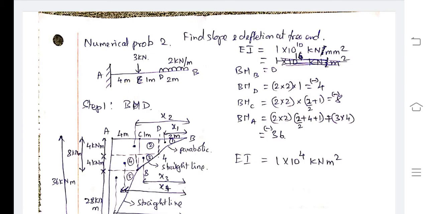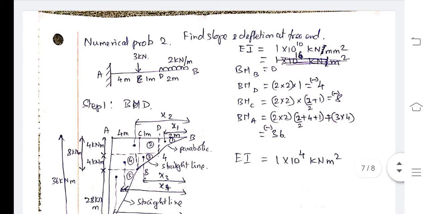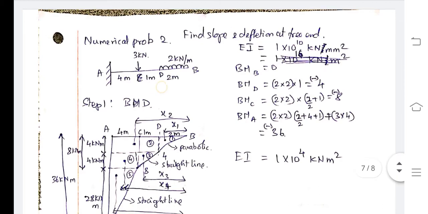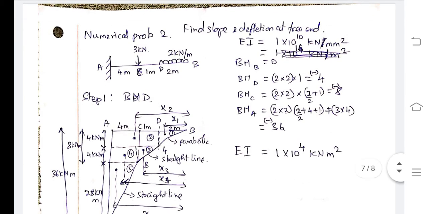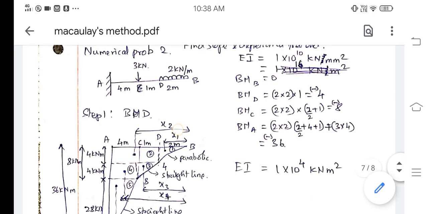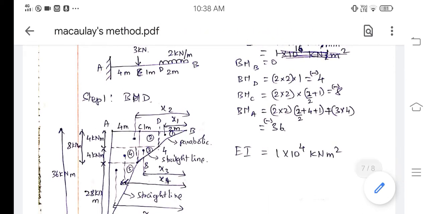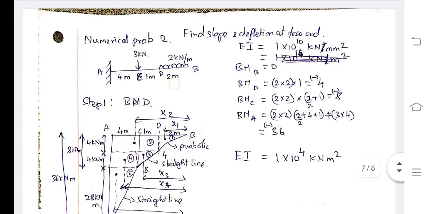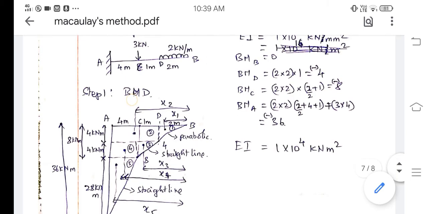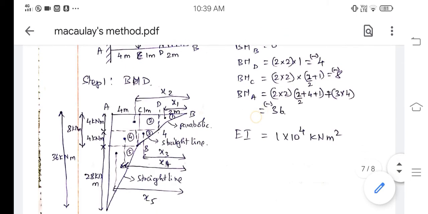So already it is 1 meter, plus here 2 by 2, which will be equal to a total of 3 meters, and 2 meters here. So 2 into 4, which is equal to 8. Then bending moment at A. So at A point, you can see that 2 into 2 into the distance from A point to the midpoint of the UDL. So it is 4 plus 1 plus half the times of 2, 1. So 5, 6 meters. Then plus 3 into perpendicular distance 4, so 12. So adding everything, you will get 36.